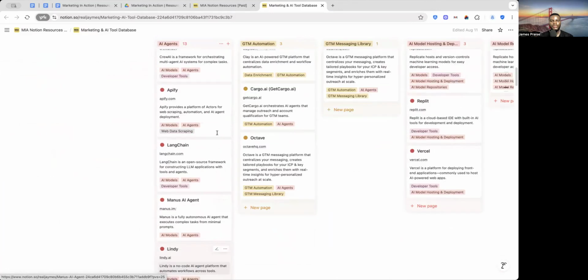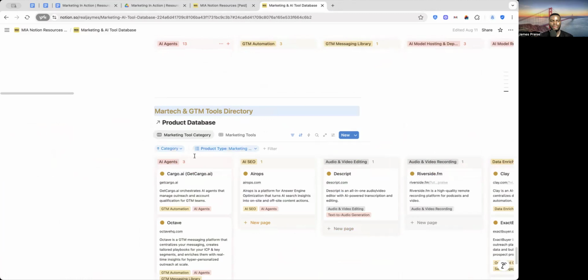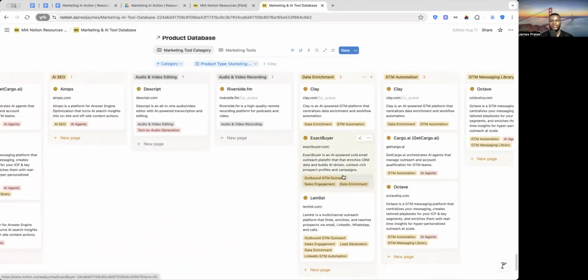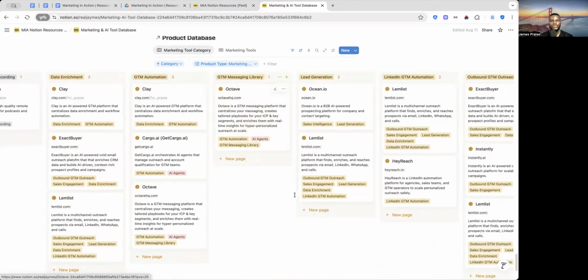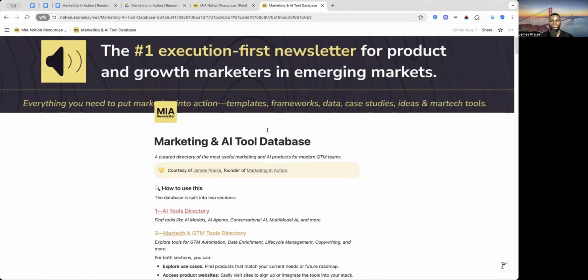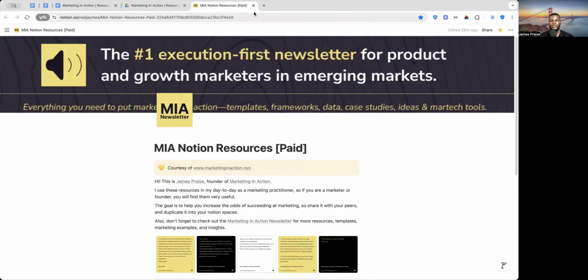There's also at the bottom, I would believe, some MarTech and GTM tools as well, right? So they're organized according to the use cases for marketing as well. And this is consistently updated to make sure that you have all the best tools available to you,